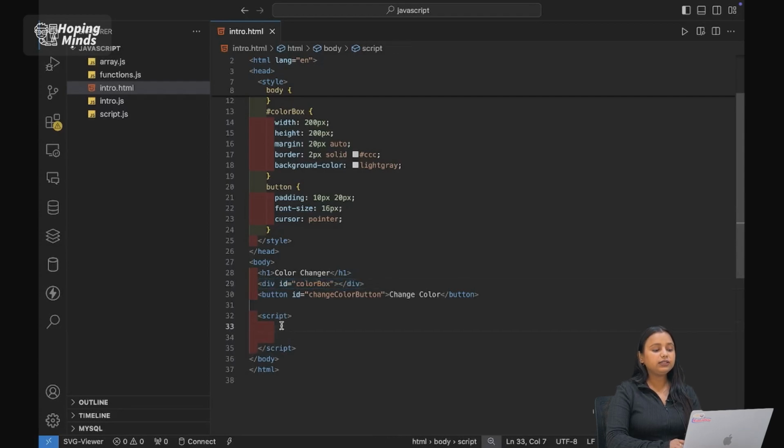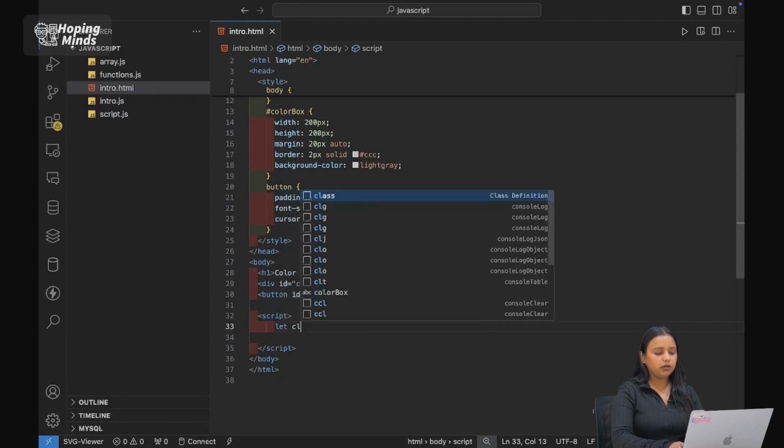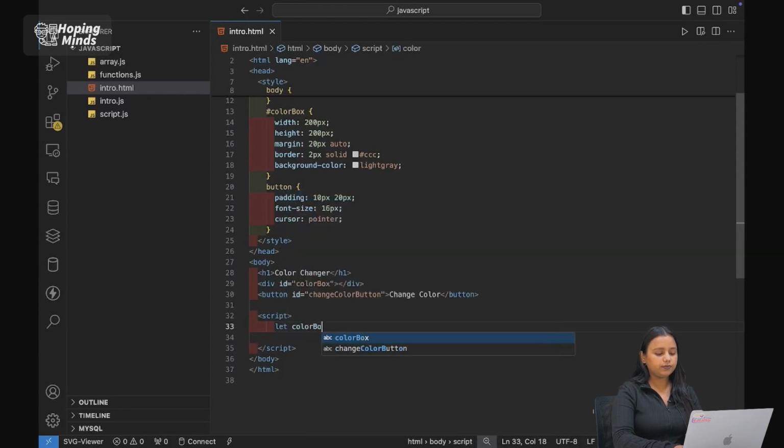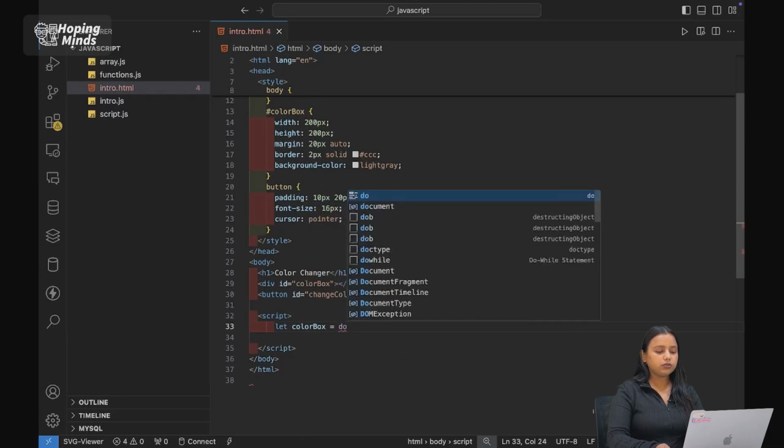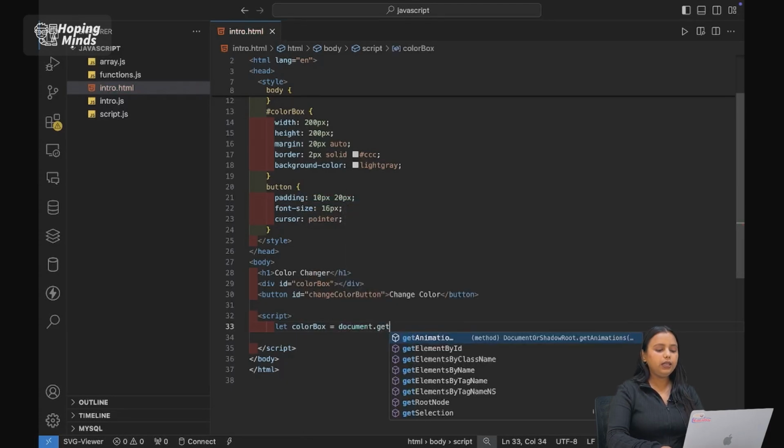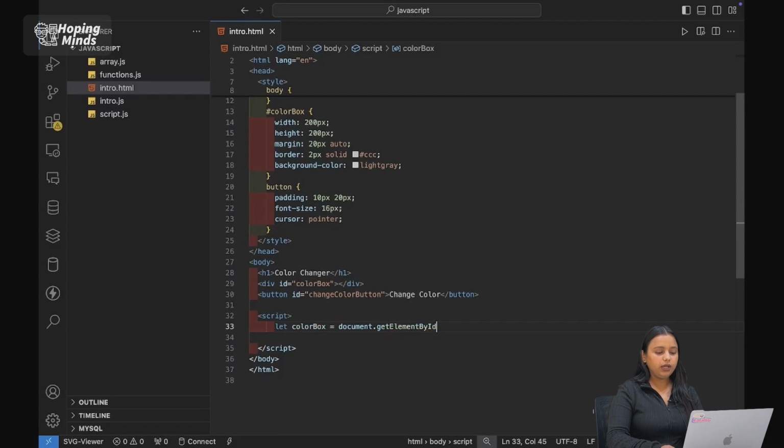First of all, I want to select this div. So to select this div by ID, what we will do is let colorBox equals document.getElementById. In this ID just put the ID name, which is colorBox. You can even copy it and paste it over here.